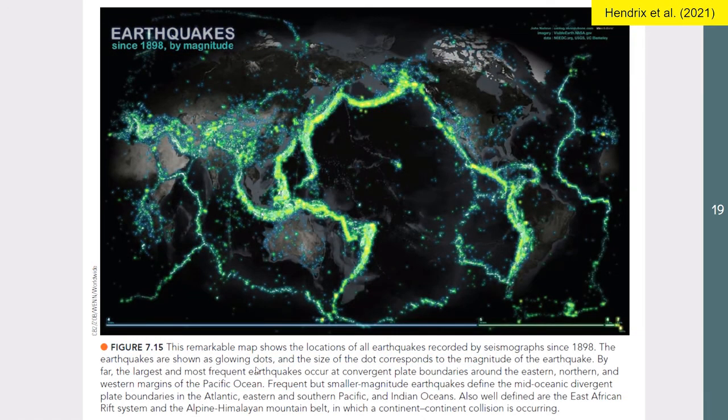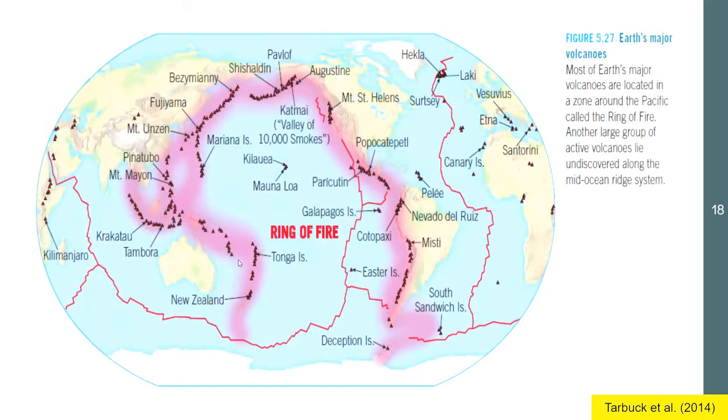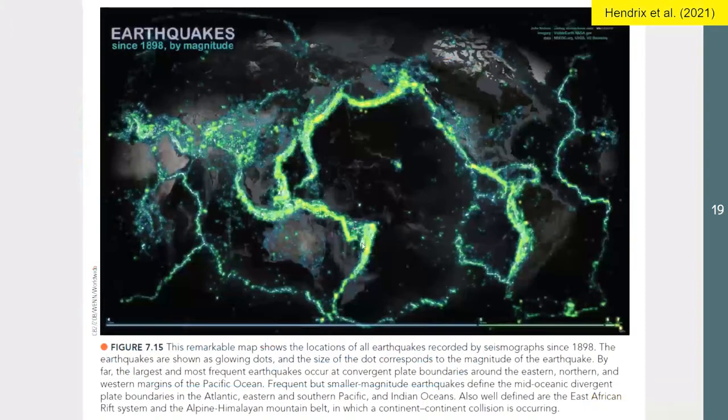Now this one is also another map, but this time it shows us the location of all earthquakes recorded by seismographs since 1898. Okay, so you see here the glowing dots, and it runs parallel with the volcanic Ring of Fire in the Pacific. So this is where also most of the earthquakes occur. So that's where most of the plate boundaries are